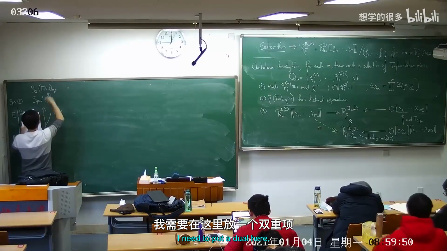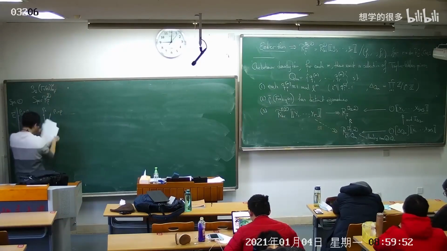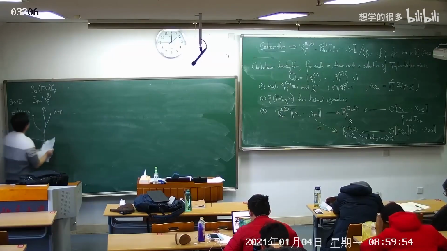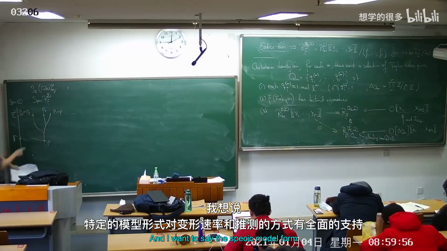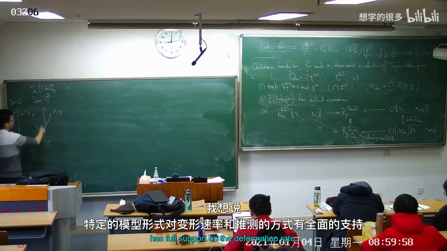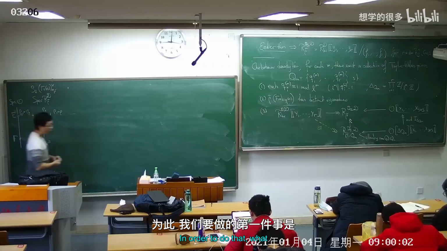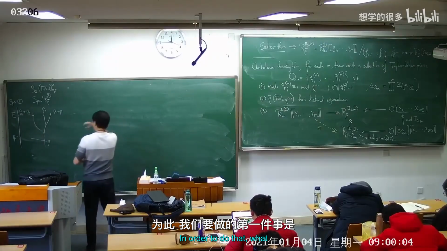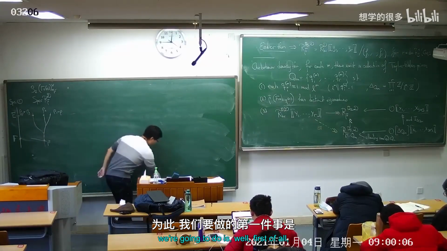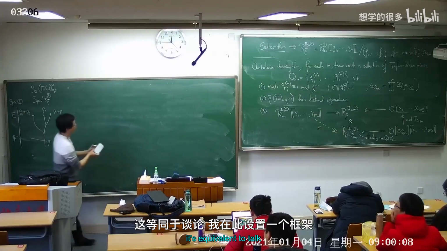I need to put a dual here. And I want to say the space of modular forms has full support on the deformation ring, or spec of the deformation ring. In order to do that, first of all, it's equivalent to talk about